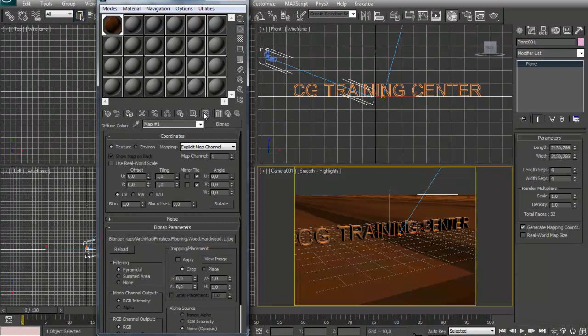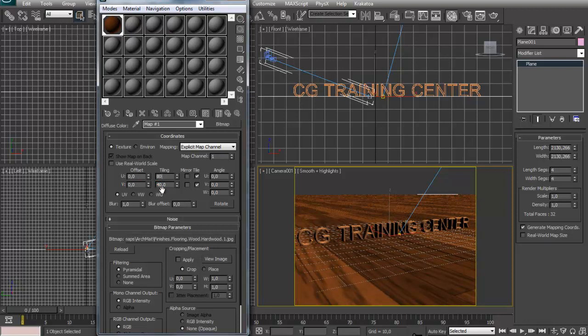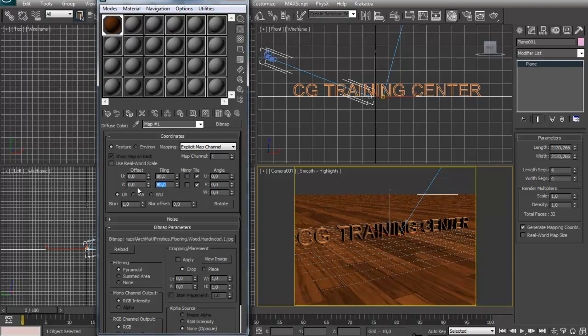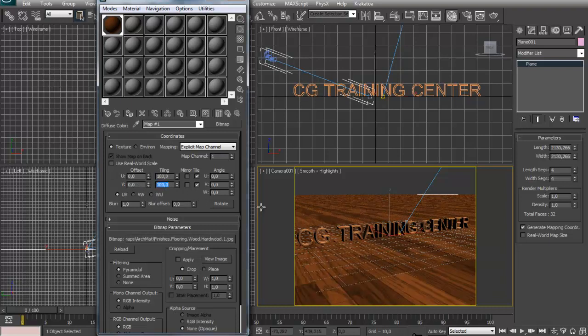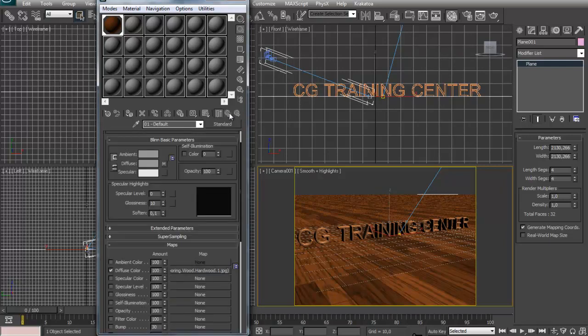click the show map in the viewport, and we need to increase the tiling of it, so I'm going with 40 by 40, actually even more, 80 by 80. I'm going with an even 100. Alright, now go to the parent, increase the specular level to something like